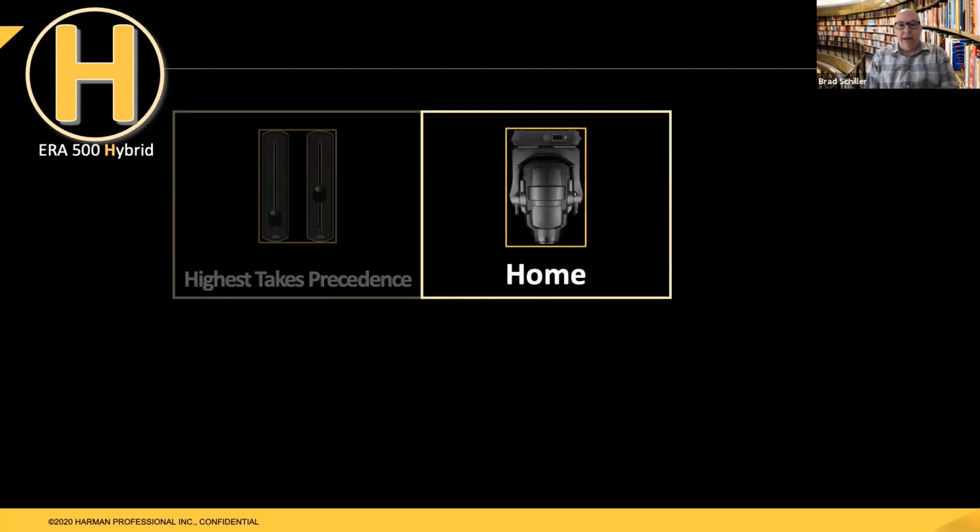Home is where I'm at right now, not in this fancy library you see behind me, but I am at my home. But home is also a term that has two different meanings. Typically, home will mean put the fixtures in their default position. So the home position of the light, in most cases, is what we call a 50-50 position, meaning 50% pan and 50% tilt, which typically will be pointing straight down. However, a home position could be defined in the default values of a console, so you could point your light, say, downstage center, and say that that's its home position. So it doesn't have to be 50-50.